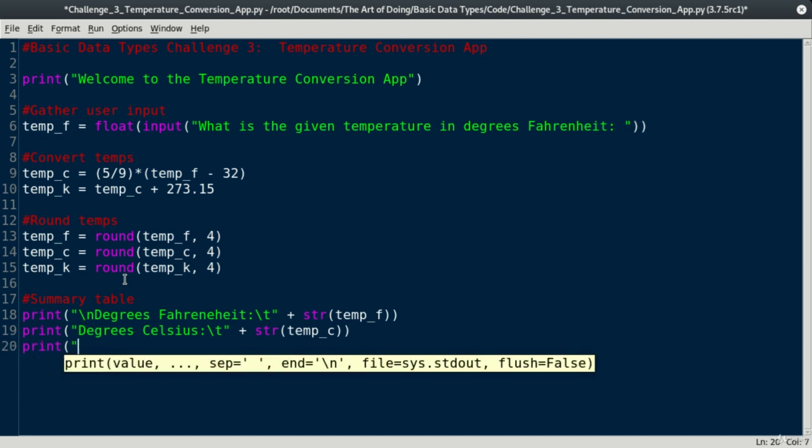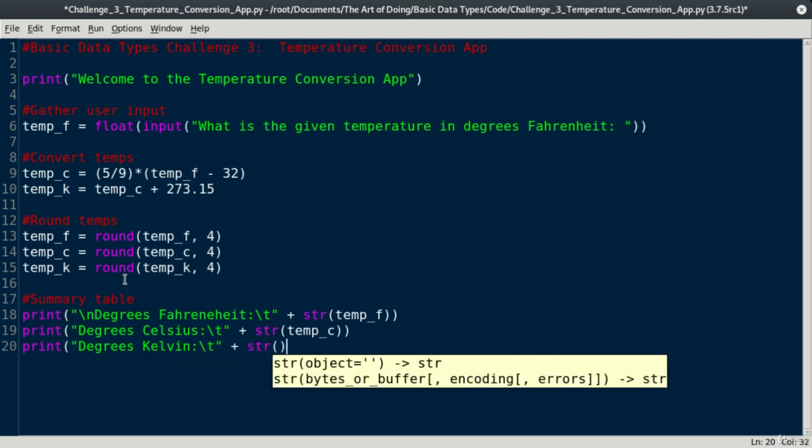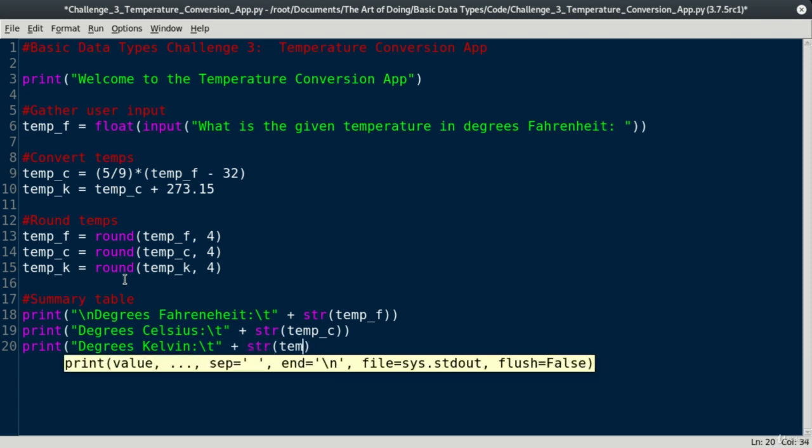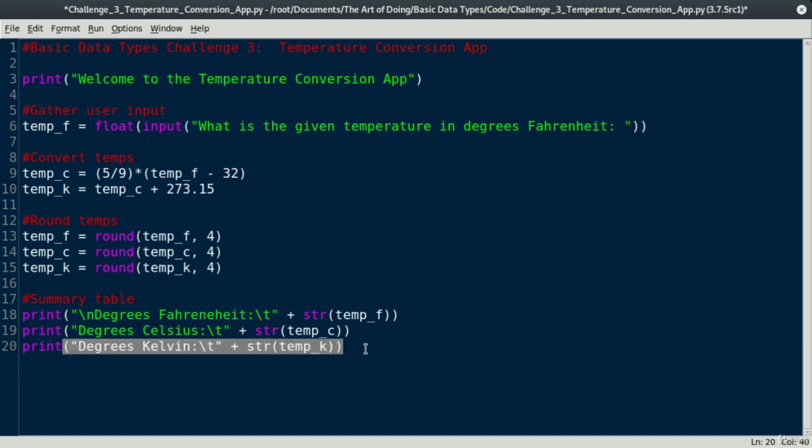Lastly, but not least, we got to do this for our degrees Kelvin. And so I'll call \t plus, call the string function, and let's cast our variable temp k, which is a float, to a string. Be careful to make sure that anytime you open a parenthesis, you got to have a closed parenthesis. So if you notice, this first set of parentheses is for the string function. The second parenthesis here closes my print function. I think this is going to work quite nice. So if I run this,